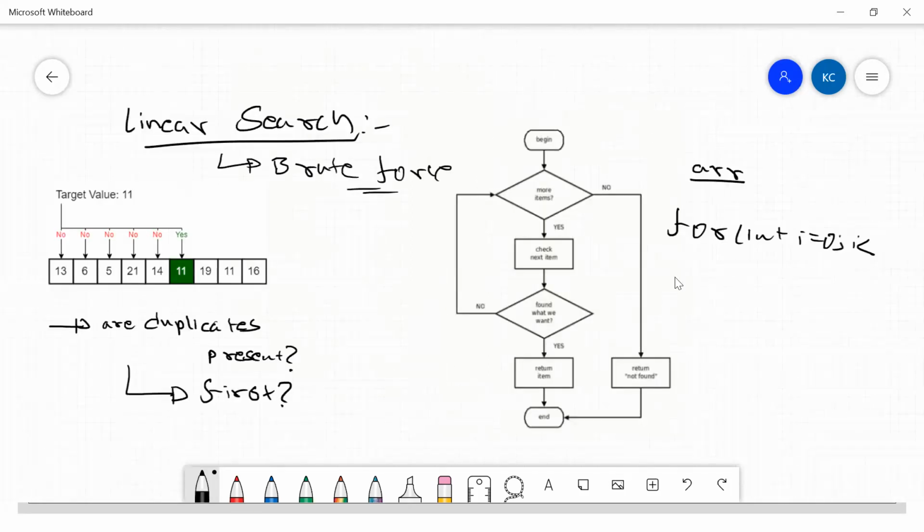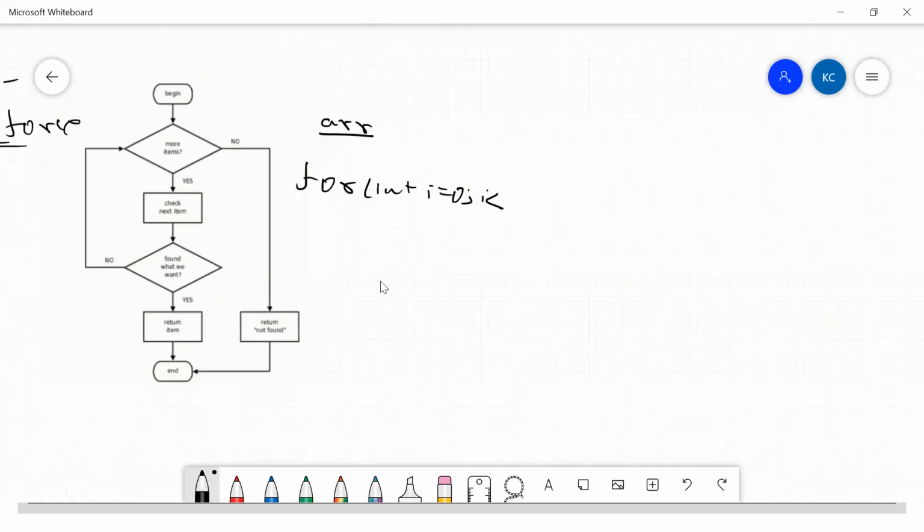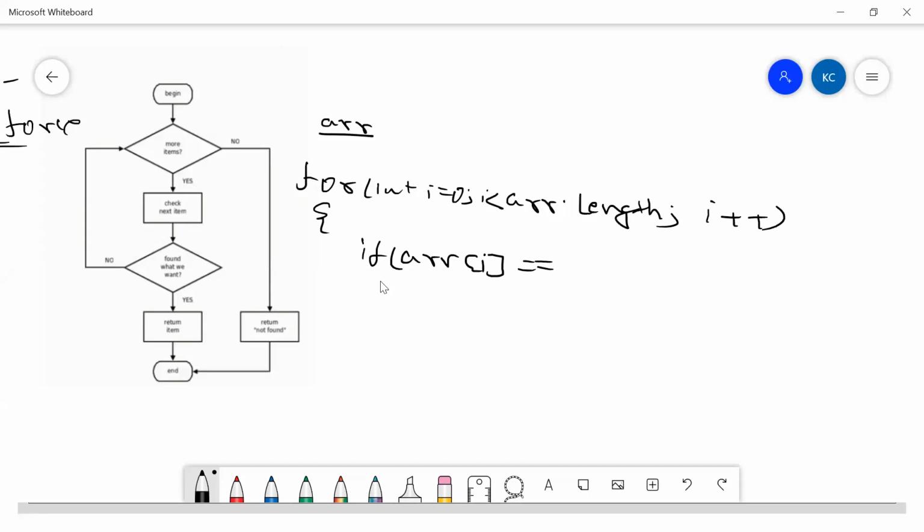i less than ARR dot length and i plus plus. So this is my for loop. What I'm saying: if ARR of i is equal to, let's say I need to search for an element called X, then return X. Something like this. If you do not find it,